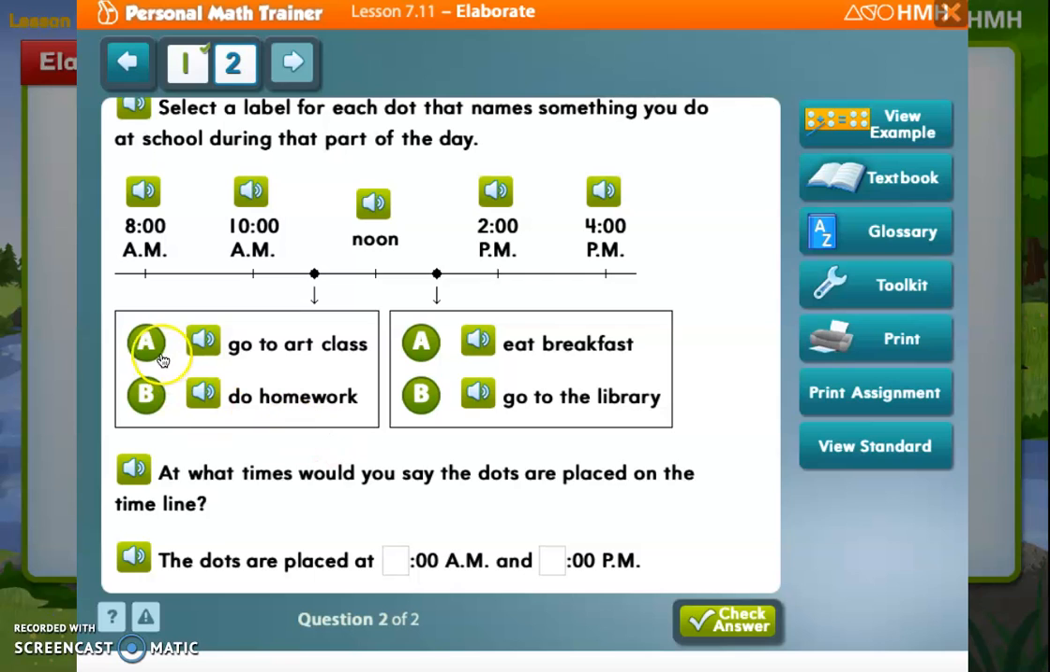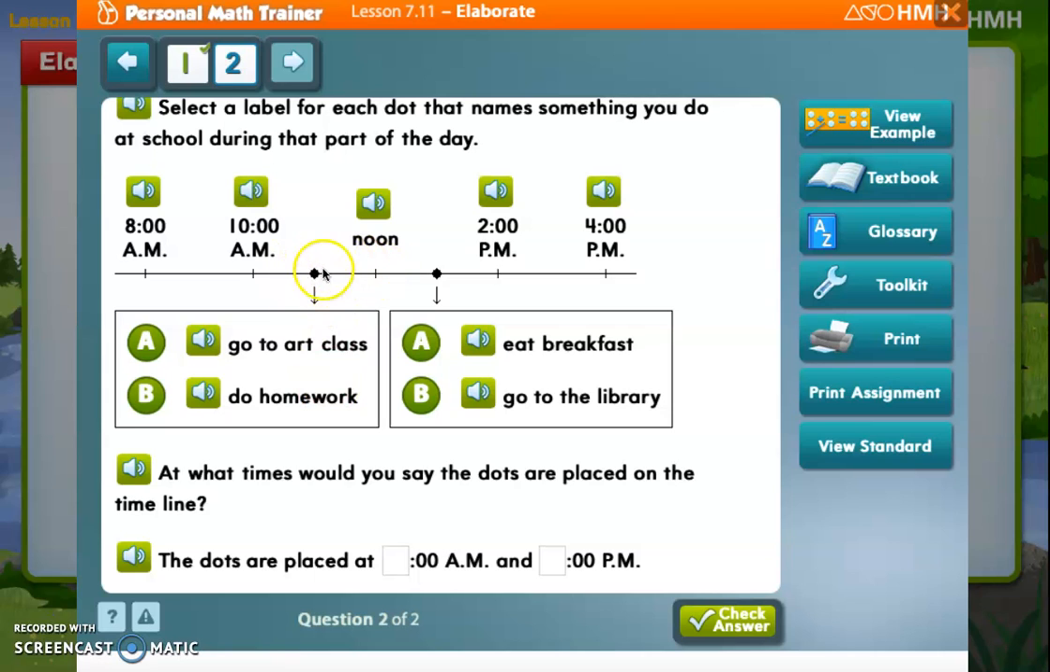Okay, so we're going to place a dot. So 8 o'clock a.m., go to art class, do homework. Oh, okay, I'm sorry. So this one is pointing right here. So this first dot here is after 10 o'clock a.m. Okay, so would you go to art class after 10 o'clock a.m.? Yeah, it's definitely possible. Would you do your homework after 10 a.m.? You would do it after 10 a.m., but